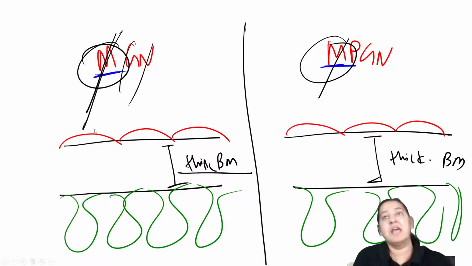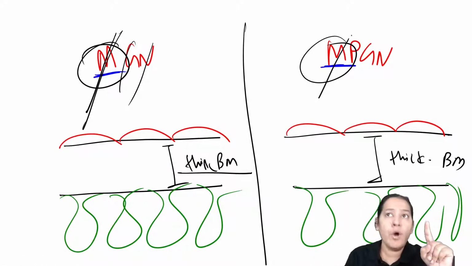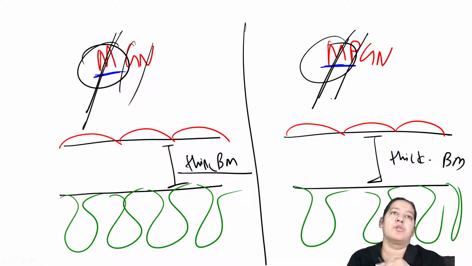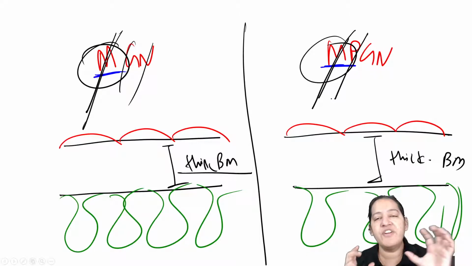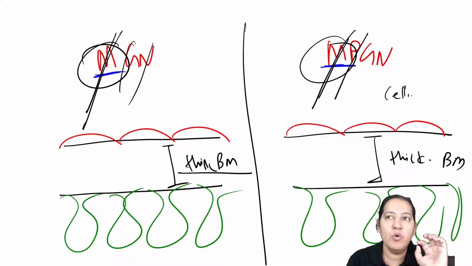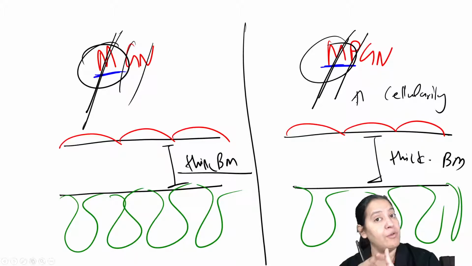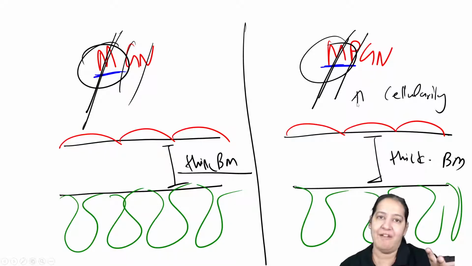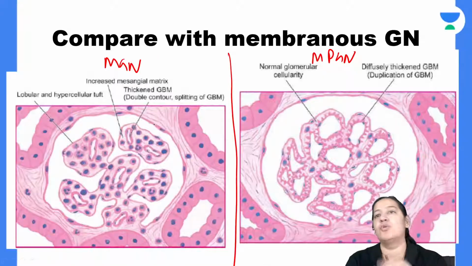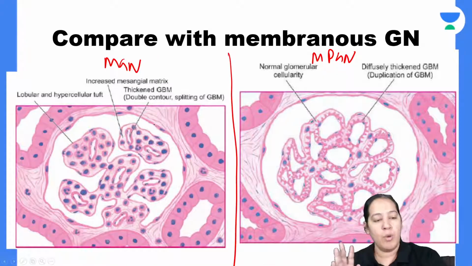That's it. But in the second one, along with membranous thickening, there is proliferation also. Membranoproliferative. What do you mean by proliferation? Proliferation means cellularity. There will be increased cellularity. As we have seen increased cellularity in PSGN, we have seen increased cellularity in RPGN. So that is increased cellularity, increased proliferation. Have you got it? But in the first, there is no cellularity. Now see the two diagrams, you yourself will understand what I have taught you.